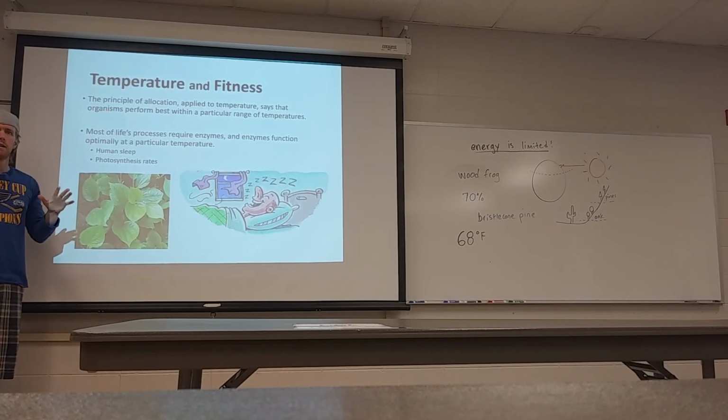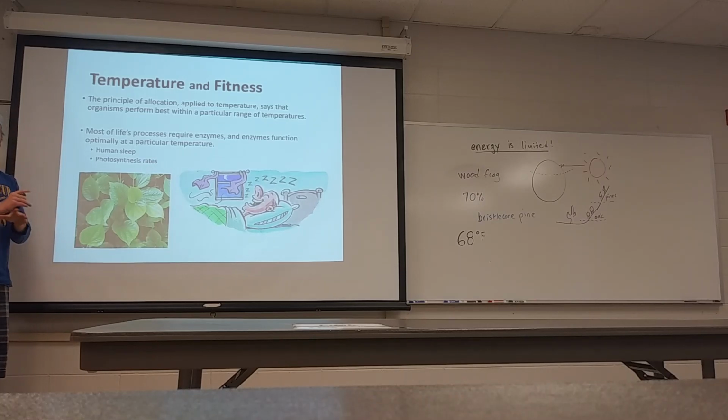So, thanks to the fact that energy is limited, there is no organism that can survive optimally at every temperature. Everything has an ideal temperature, at least an ideal range of temperatures, and usually organisms can deviate from that, but they're best suited for that particular narrow temperature or temperature range.